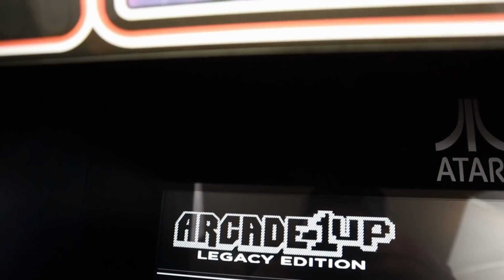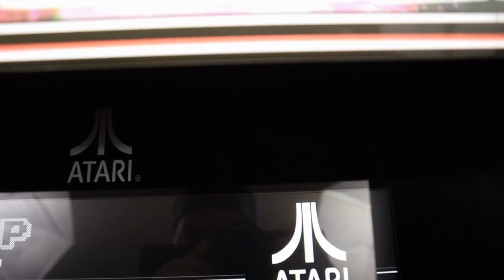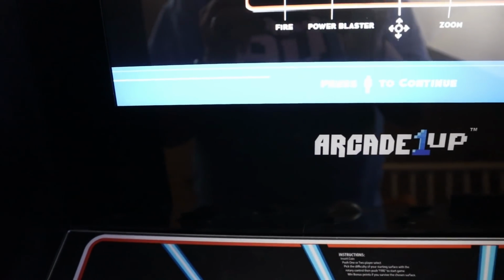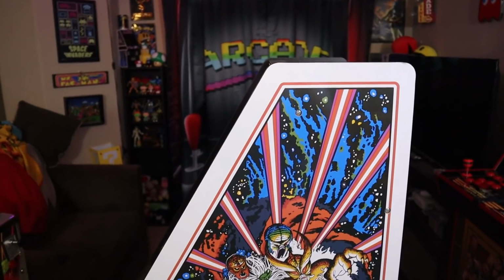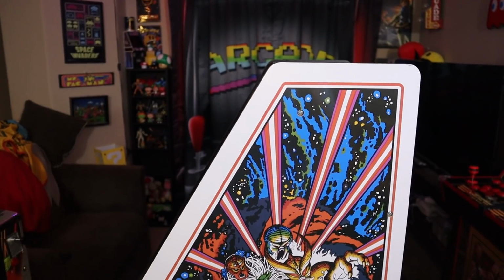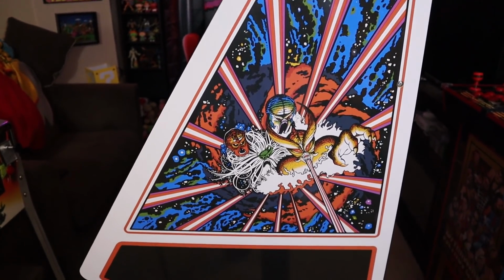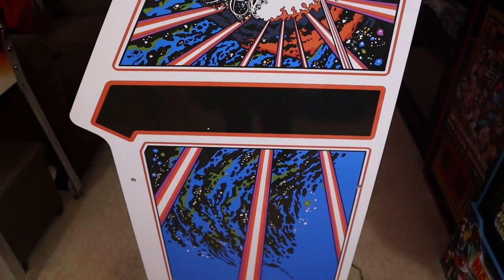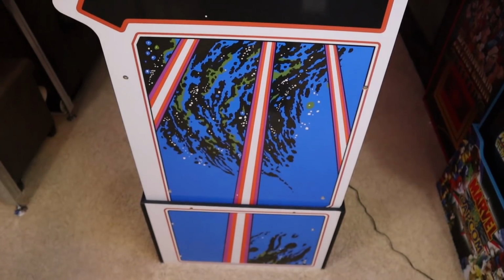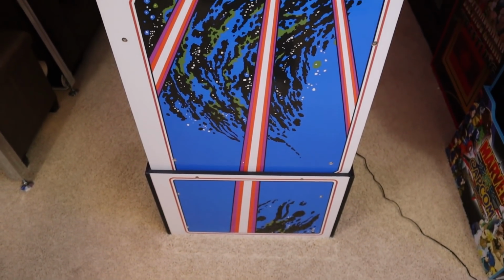Looks great. When it comes to the bezels surrounding the 17-inch Bowie monitor, I do like the simple design here. Atari logo up top, Arcade1Up logo on bottom. That's all you need. The cabinet does come with stereo speakers, 12 games, 17-inch color screen, custom riser, light-up marquee, printed coin door kickplate, custom-shaped cabinet design, weighs about 80 pounds, real-feel arcade controls, coinless operation, adjustable toggle volume switch,